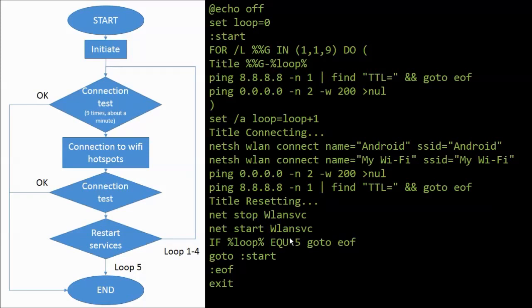So basically, it's done 5 tests, and breaks from all of this and terminates the script. If not, if it's not up to 5, then it starts over again and runs